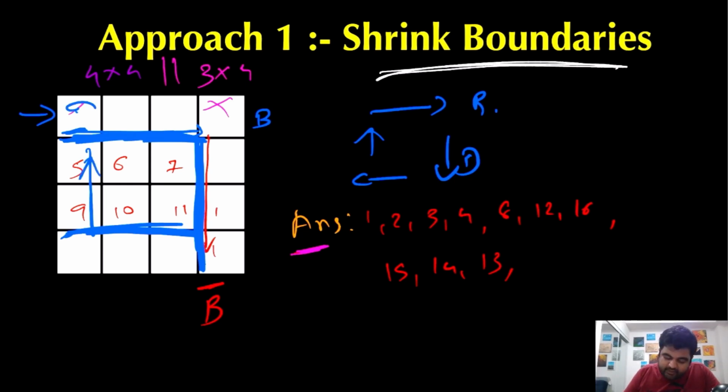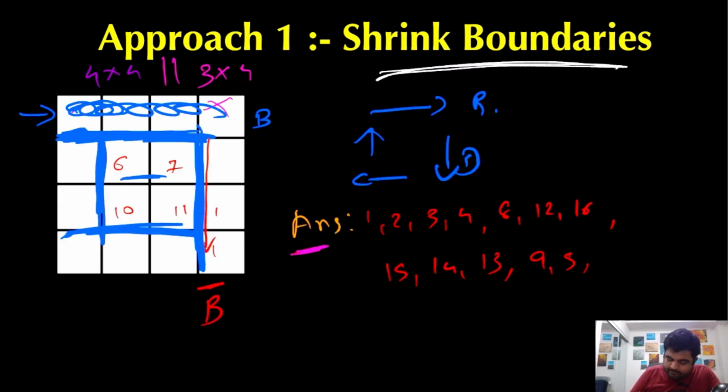But notice over here we don't have to care about these nodes because we have already shrunk our boundary to only consider up until this point, which means that we are going to add these values 9 and 5, and again shrink our boundary, and then we will add the values 6 and 7, again shrink our boundary, add value number 11 and then again shrink our boundary,